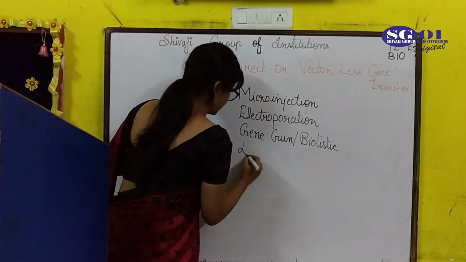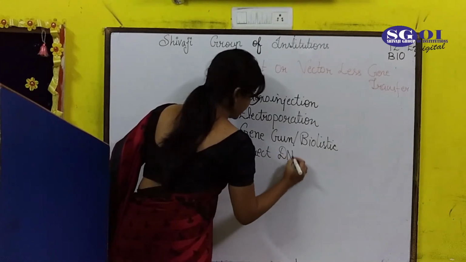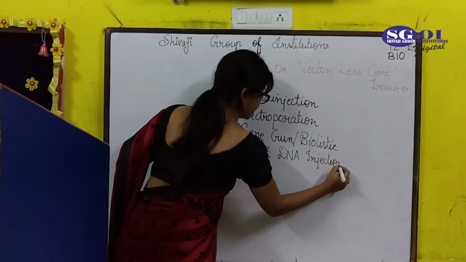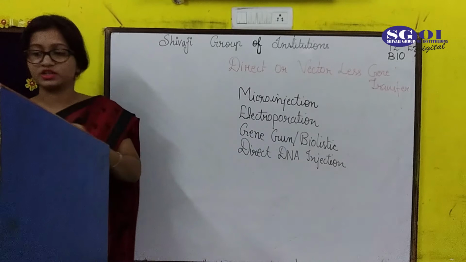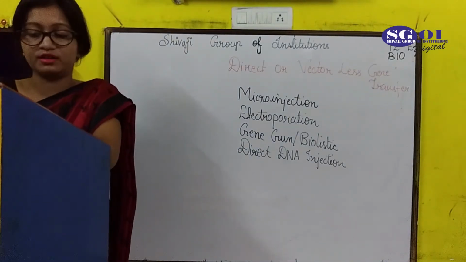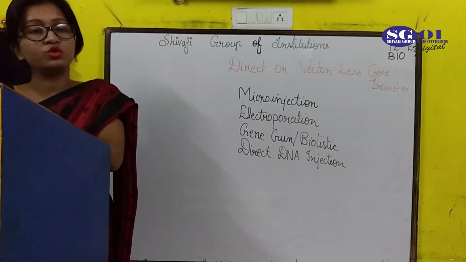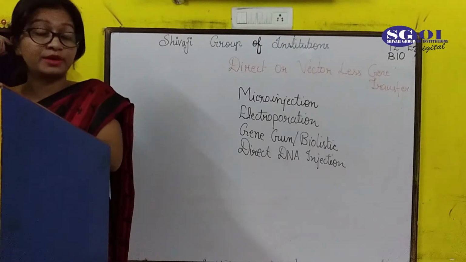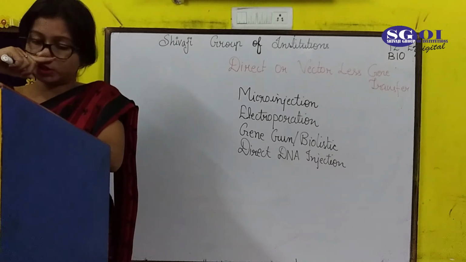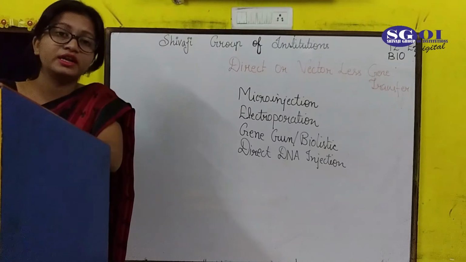The last technique is direct DNA injection. This is the last technique for vectorless gene transfer. In this technique, direct DNA injection into the skeletal muscles led to the possibility of using genes as vaccines. Despite a low level of expression, therapeutic benefits for the treatment of genetic disorders could be derived through this process. And this method gave rise to the concept of DNA vaccine or genetic immunization.